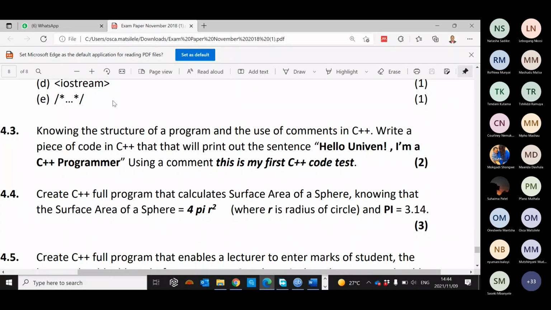So you comment a block of statement. Then from there, C++, knowing the structure of a program and use of the comment. So here we want to see if you know the structure of the program and how to use the comment in C++. So you are going to write this code. In this case, you can answer it in two ways. It's up to you. Even if in this case you only show me how to put the comment and how to output